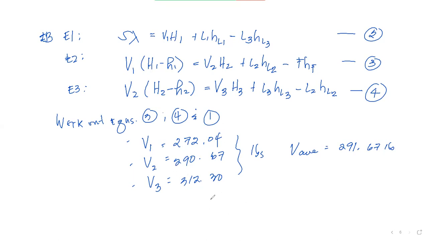You can proceed using the same value because our V average, using these three actual values, does not deviate by more than 10%. That is our checking there. So we can only proceed. If that is the case, we can now proceed to determining the areas. So how do we determine the areas?